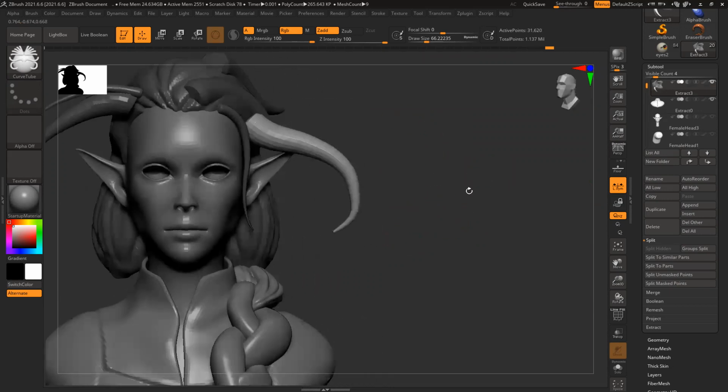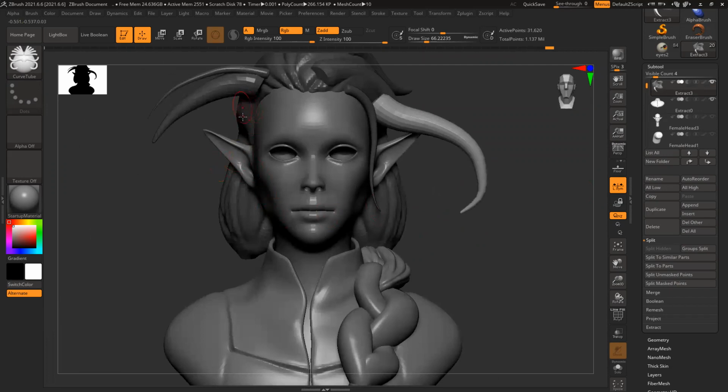You can see the basic shapes and all those flowy hair bangs, everything you can definitely create.